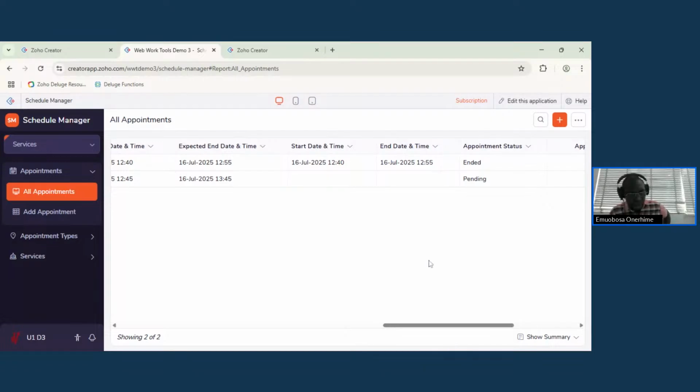Yeah, so it's 12:55 now. And you see that it says the appointment has ended automatically. You see, there's never going to be an appointment whose end time is not logged if a start time was logged. And of course, if the information is brought forward, it means that